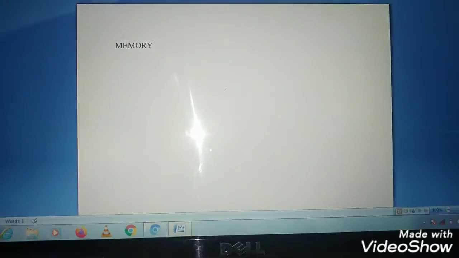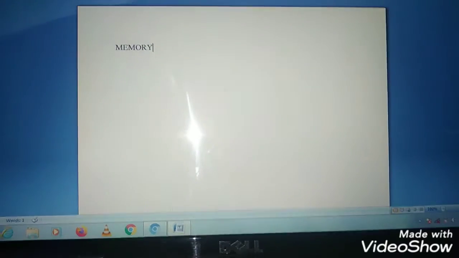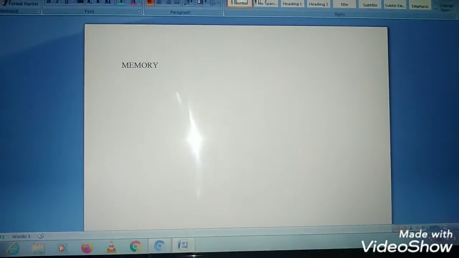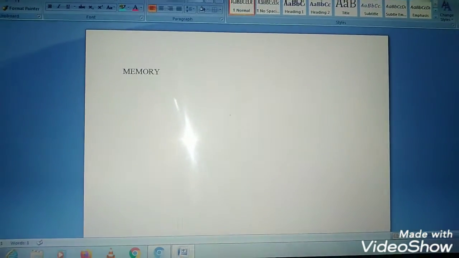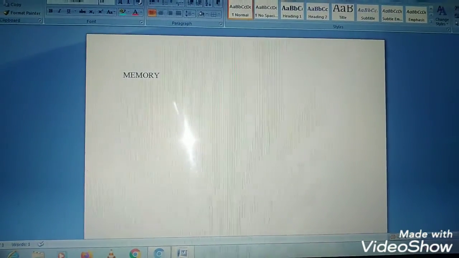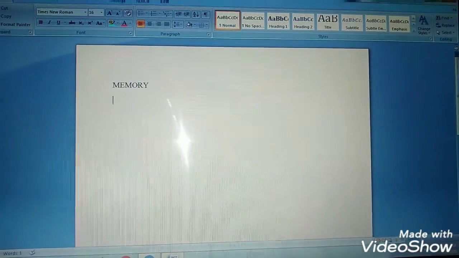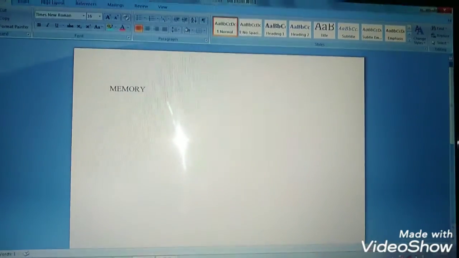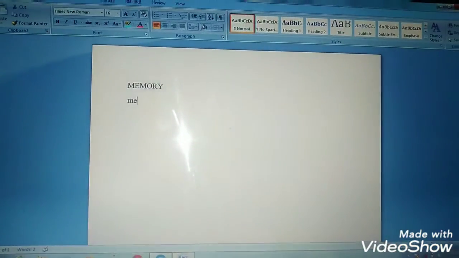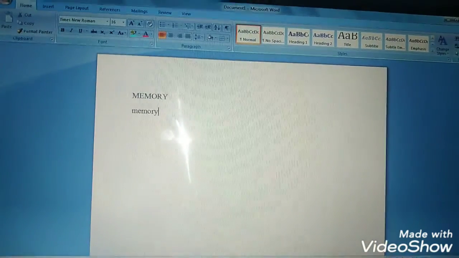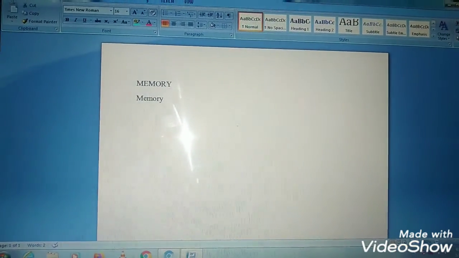We write the word memory in uppercase when we press the caps lock key the first time, so you can see it on the monitor very easily. And then we press the caps lock key again, so you can see on the screen how we write in lowercase. We turned off the caps lock. So you can see on the monitor that whichever word or letter we write is in lowercase. Understand?